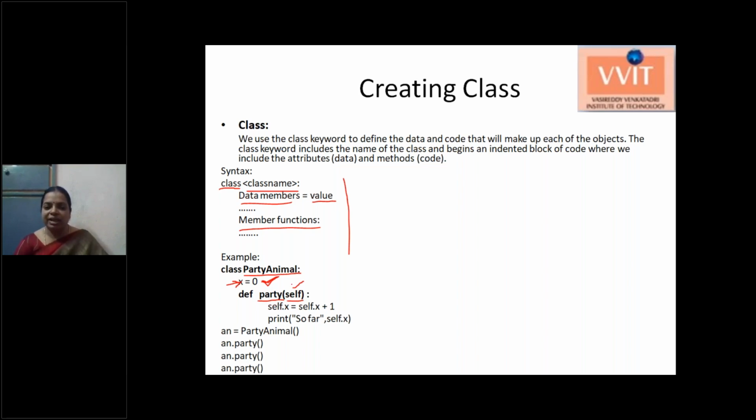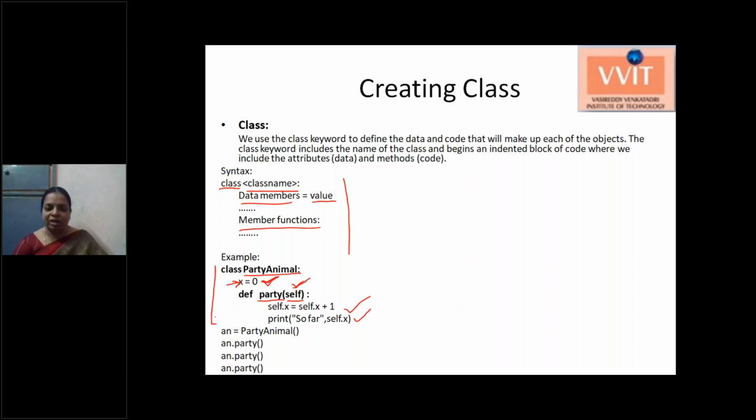Using this self only we can access the instance variables or class variables of the class. Here we are incrementing the x variable value, self.x = self.x + 1, and printing the x variable value. This is the closing of the class.